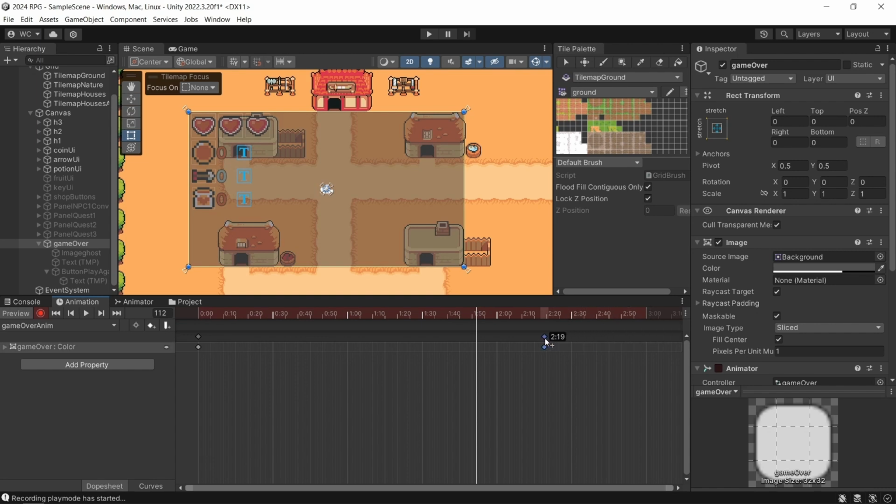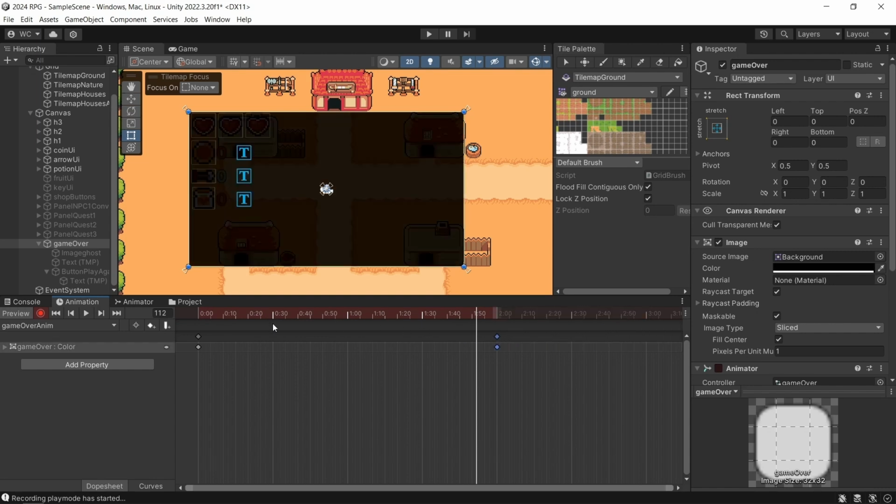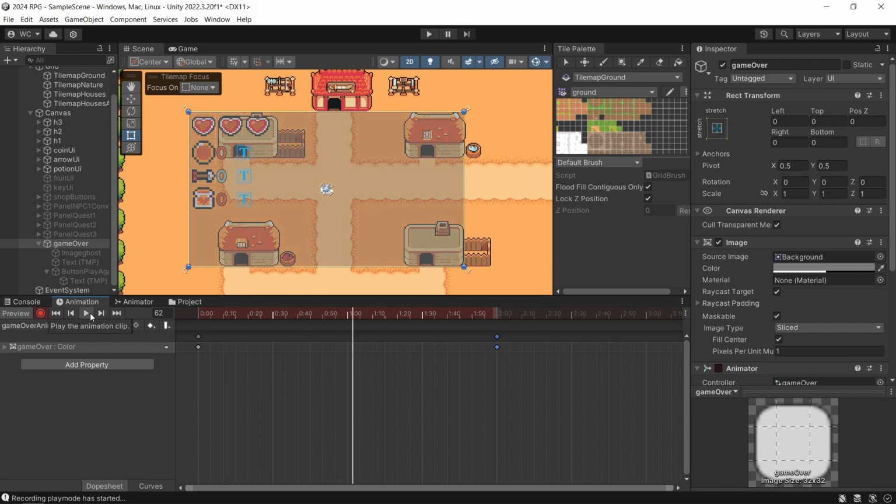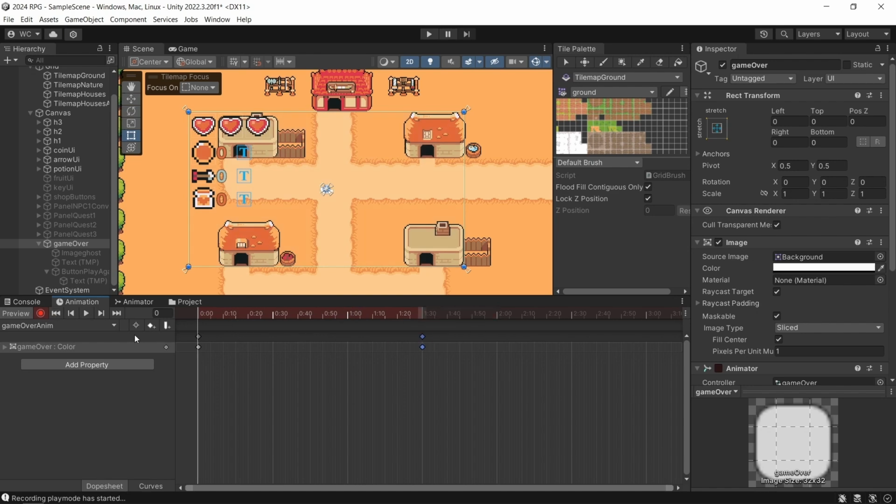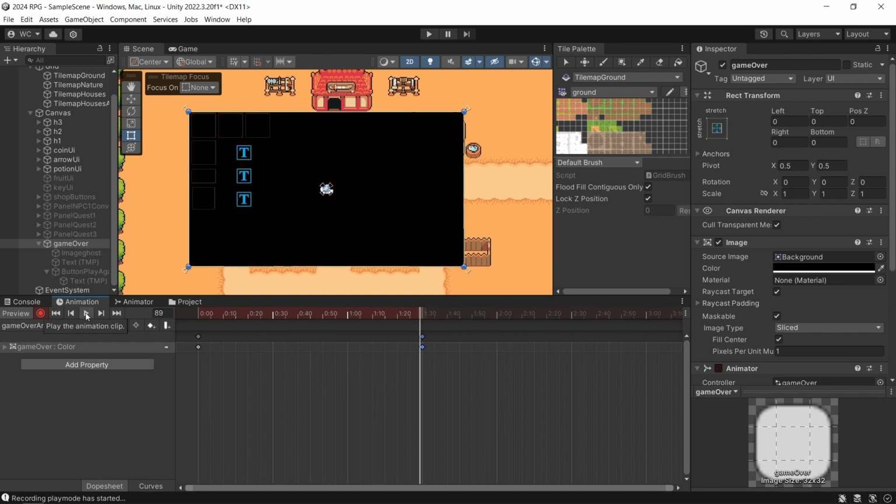Let's try at the 2 mark. Okay. All right, let's see how that looks. Looks pretty good, I think. Could make it even go a little faster also. Let's try the 130. Hit play, and yep, I like that a lot better. Awesome. So now once we get to this part here, we're going to go ahead and we're going to make